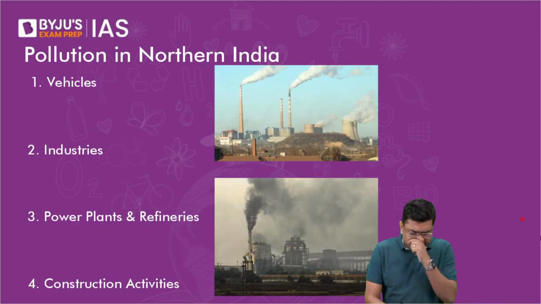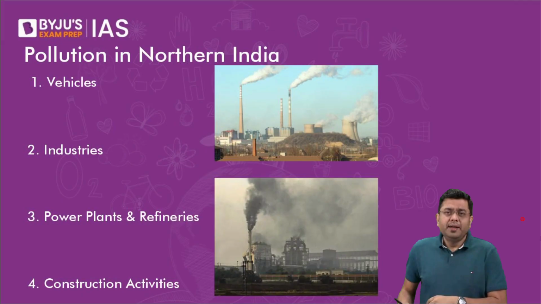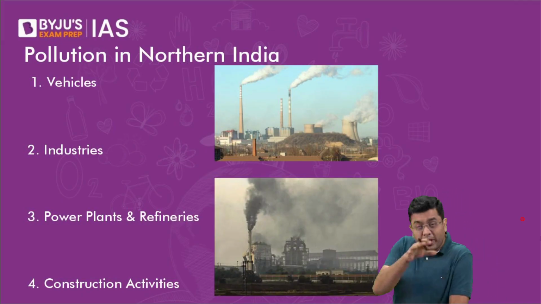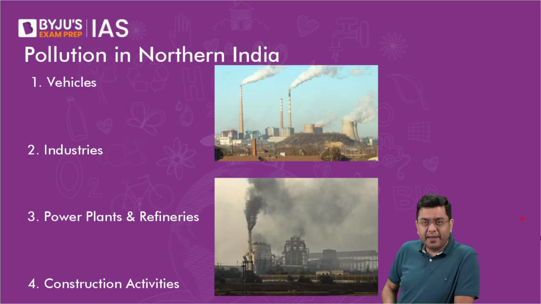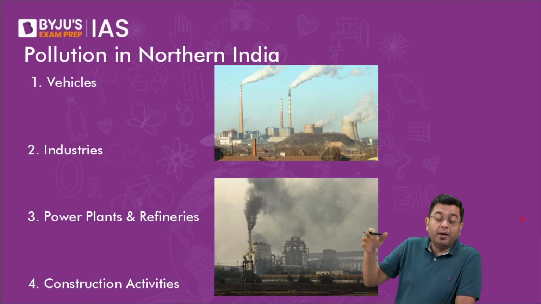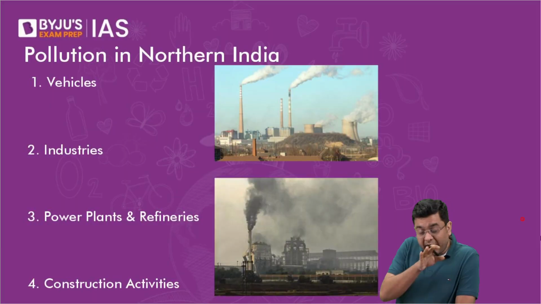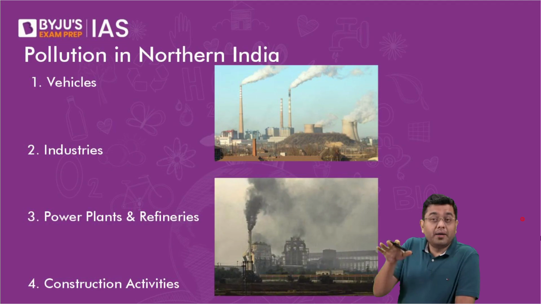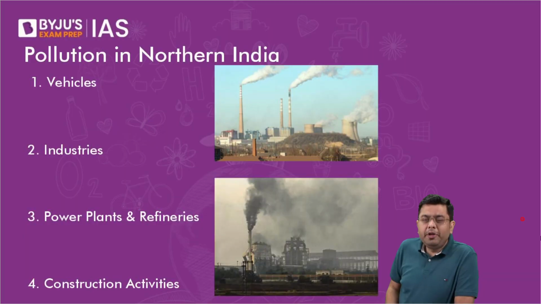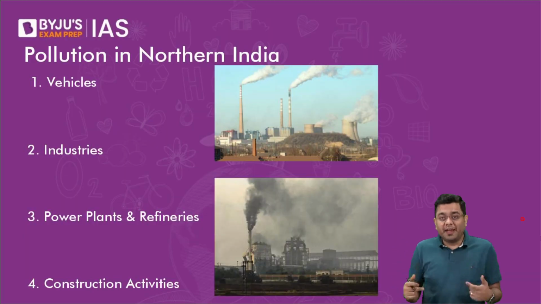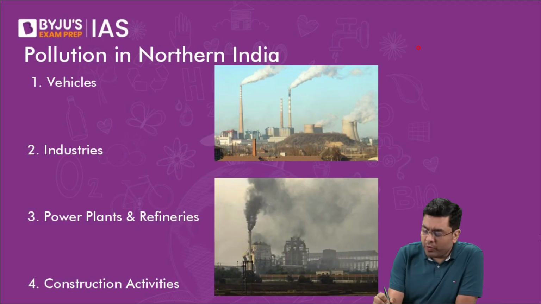Now, first things first, the basic of it is that we all know that in the northern, particularly the Gangetic plains, the Indo-Gangetic plain region, spreading all the way from Punjab, Haryana in the west, nowadays even northern Rajasthan, across Delhi, Uttar Pradesh, Bihar, West Bengal, and even Assam, the population is very high. So when you have a very high population density,